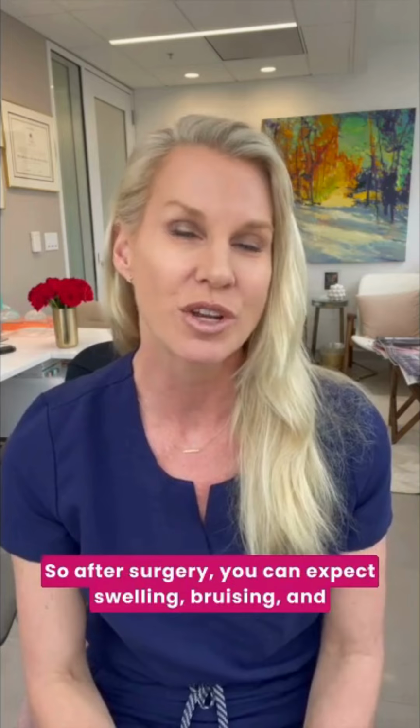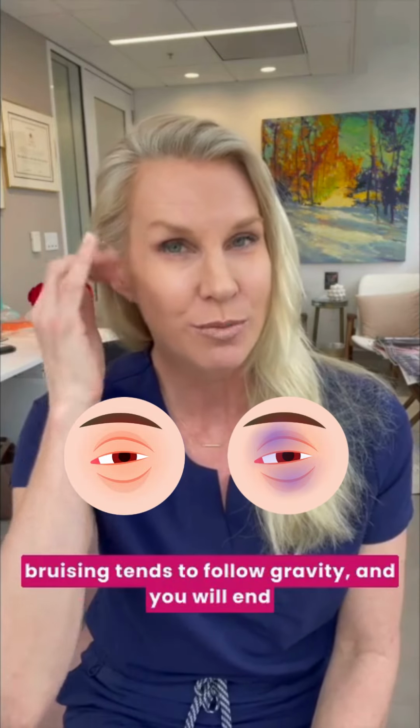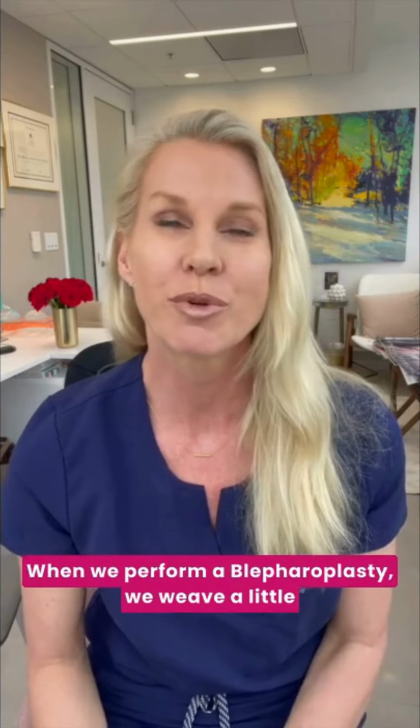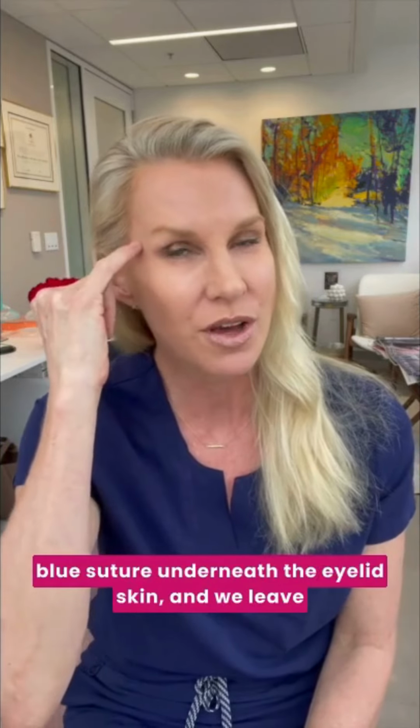So after surgery, you can expect swelling, bruising, and even if we're only doing the upper eyelids, the bruising tends to follow gravity and you will end up with two shiners down here that can take about 2 to 3 weeks to go away. When we perform a blepharoplasty, we weave a little blue suture underneath the eyelid skin and